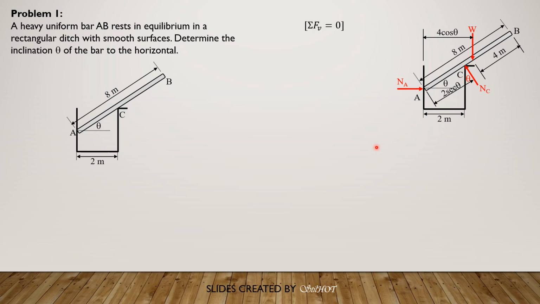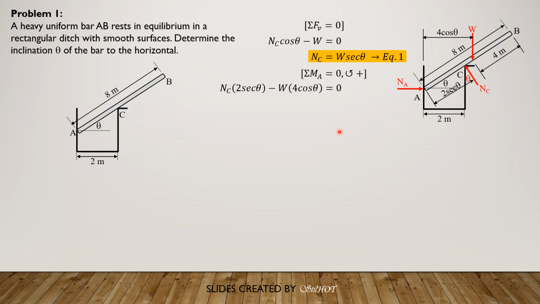Summation of forces vertical equals 0, upward positive. So we have N sub C cosine theta, the vertical component of N sub C, then minus W equals 0. That means N sub C is W over cosine theta, or W secant theta. Call that equation 1. Then summation of moments about point A equals 0, considering counterclockwise as positive. So we have N sub C times 2 secant theta, the moment arm, then minus W times 4 cosine